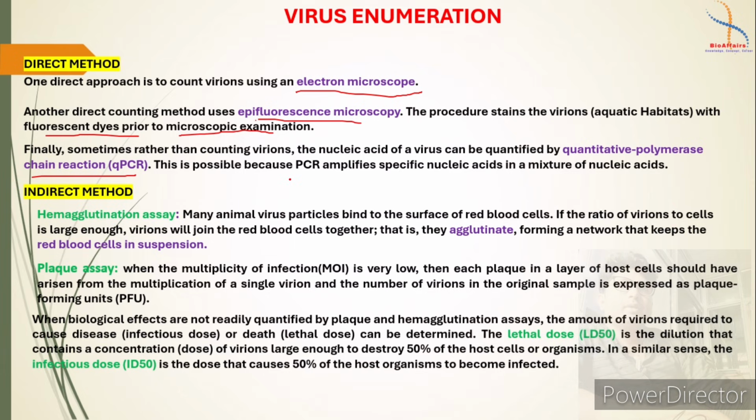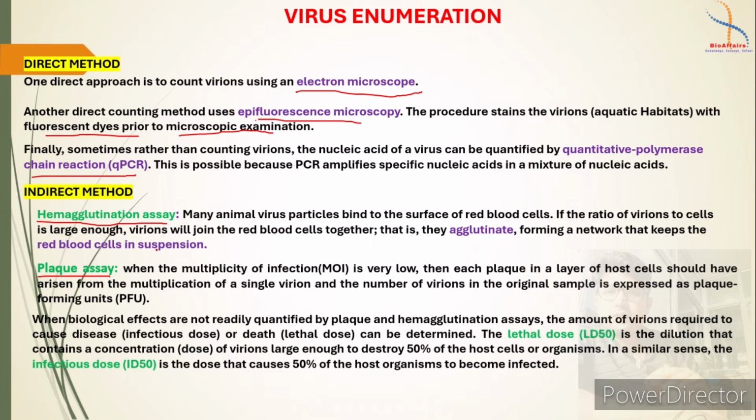Now what are the indirect methods? Indirect methods are the hemagglutination assay and plaque assay. Okay, these are two terms you need to know, and I will tell you about them. So mainly hemagglutination assay and plaque assay. Some viruses have the capability to bind to hemoglobin or RBCs. When the virus binds to them, it forms an agglutination. Normally, in a suspension, suppose a saline suspension, if you give 1 drop of blood, it will